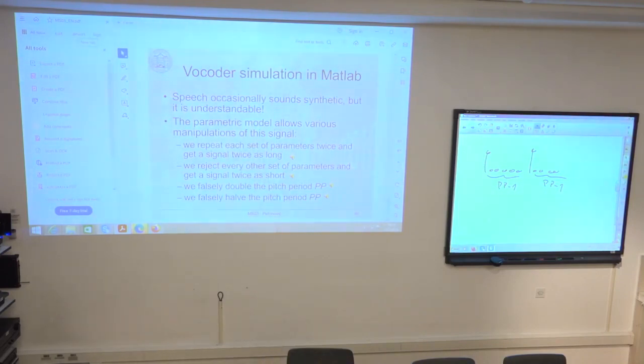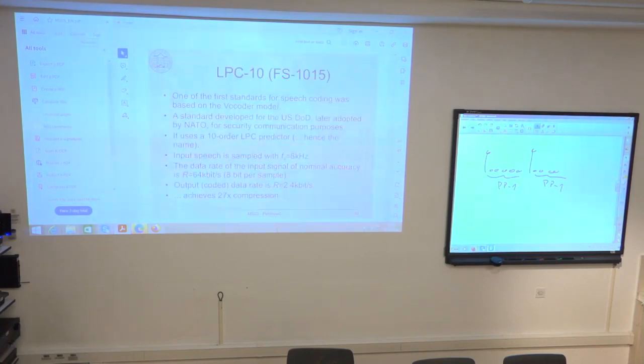So we have shown that with parametric speech model, we can do very interesting modification of speech signal by either changing the pitch or changing the duration of speech by simple manipulation of these parameters. The linear prediction coding of speech was really applied in the actual standard. And one of the first standards where this direct implementation of vocoder model was done is the LPC10, or also